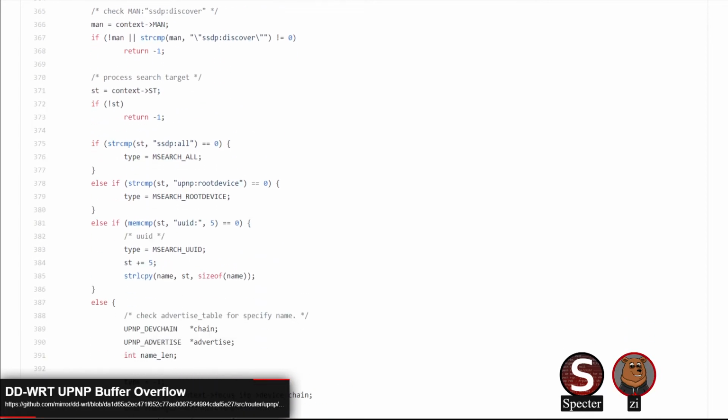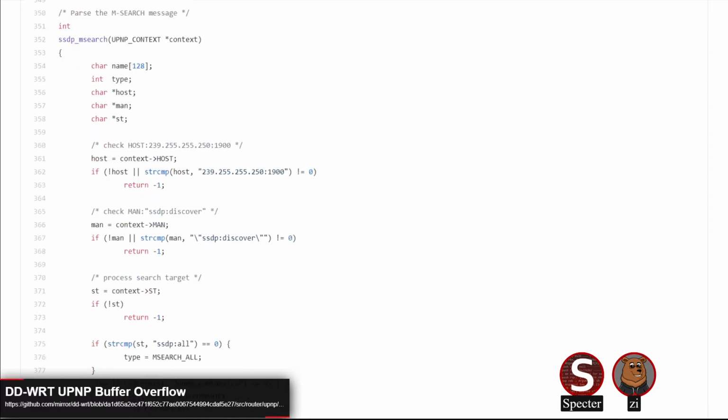It's UPnP, so it's over UDP. There's no authentication here. The only slight saving grace is the attacker has to be inside the network already. It does have to come from inside the network because you'll use this protocol to do things like dynamic port opening or port forwarding. You'll just send some UPnP packets and tell it what ports to open up. But no authentication there, so pretty much anybody can compromise the router as long as they're already on the inside.